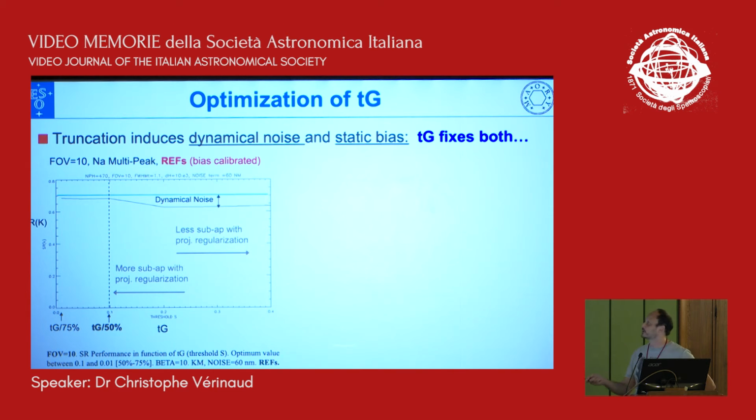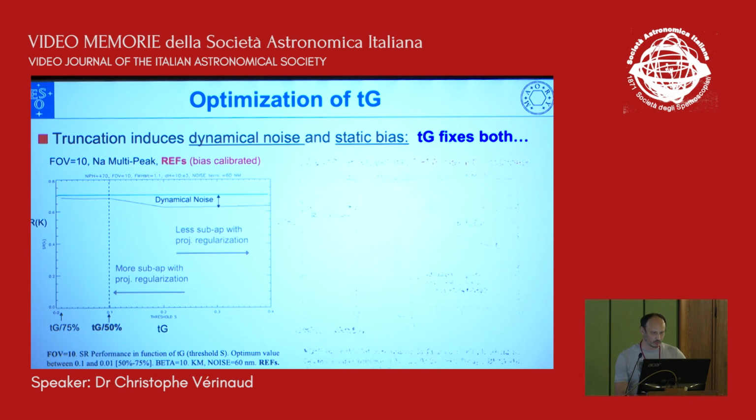In that case, you see that when you don't regularize, you have an error. The threshold is lower because you have some dynamical noise propagating on this longitudinal direction. And when you regularize, you go closer to the maximum threshold ratio you can have in bright regime. And there is a minimum. There is a number where this threshold happens. In this case, it's 50%.